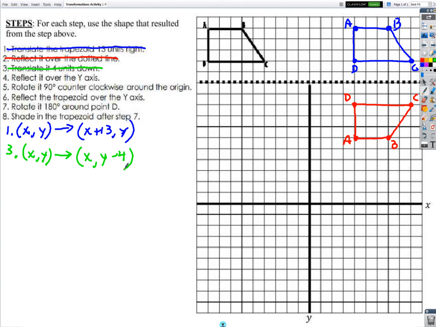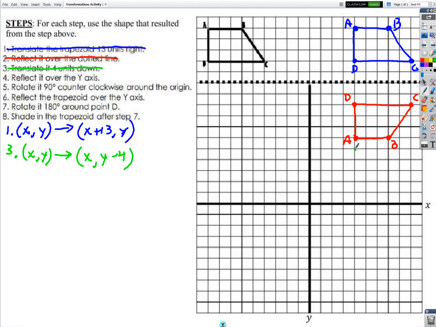Wait, did you say 4 left? X minus 4. Actually, I think you just said minus 4. You didn't even tell me what she said. You gotta be specific. Y minus 4. Not X minus 4. Y minus 4. So we'll go